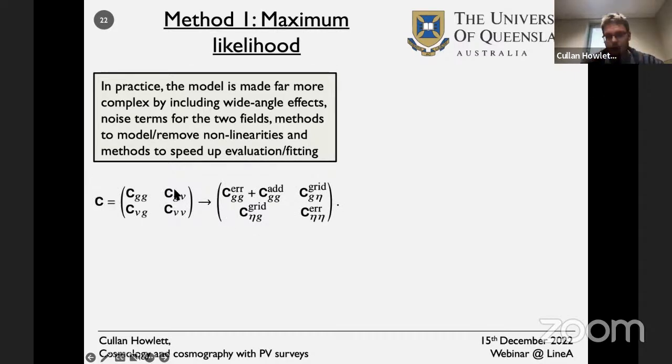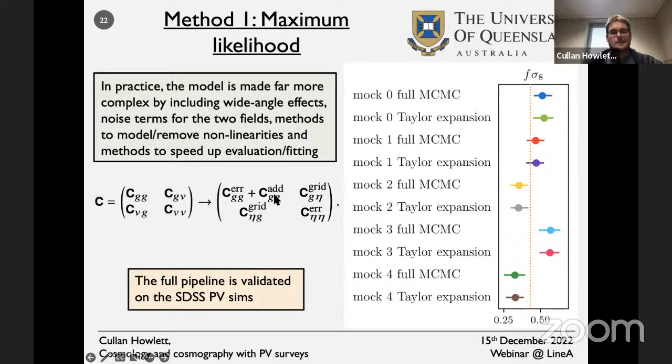Ultimately, all of that can actually be absorbed into your covariance matrix here. So it means that you have to come up with some complicated expressions here where you kind of grid the data and you include errors and you include nonlinear modeling components as well. But nonetheless, the whole pipeline, this whole fitting methodology has been validated again on these SDSS simulations. So here you can see a set of measurements of the growth rate of structure measured from